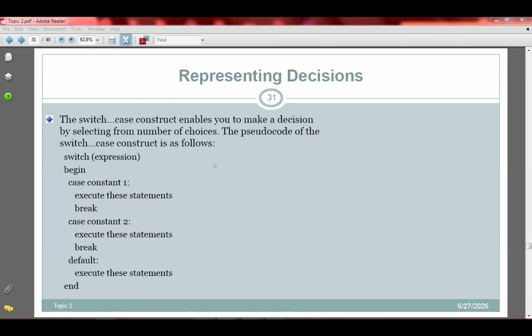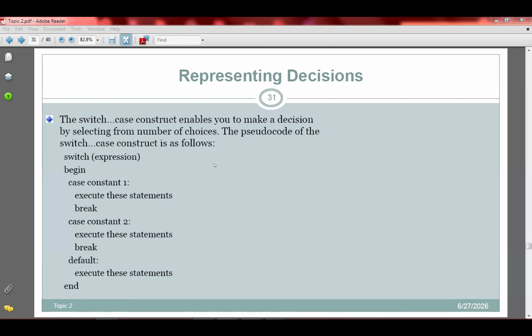And then we have the if else if. If the condition is true, then you execute this set of instructions. However, if the condition is not true, we evaluate another condition. We don't execute another set of instructions, but we evaluate another condition. If that second condition is true, then we can execute a set of instructions.